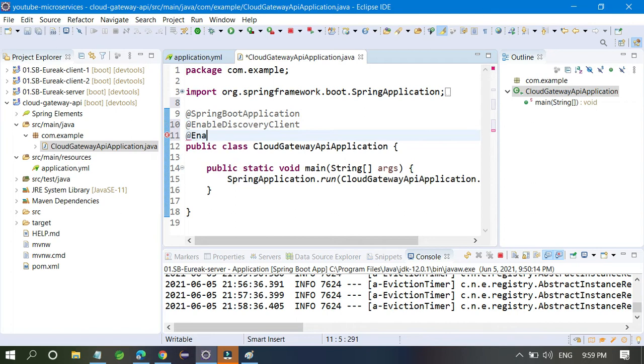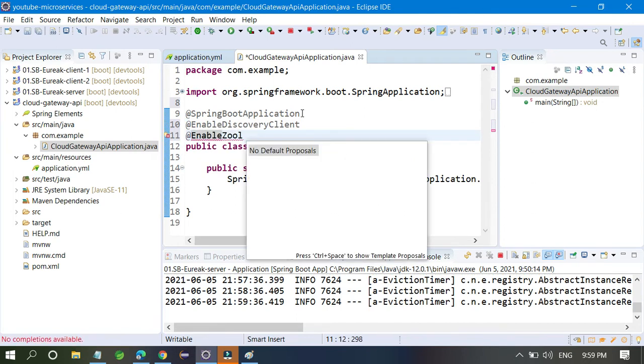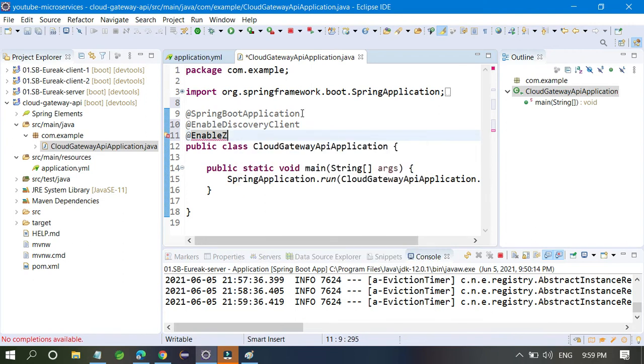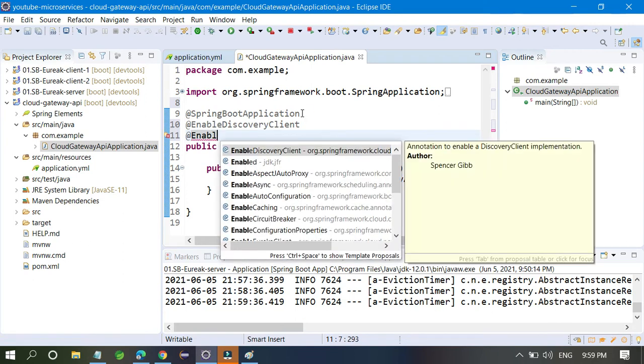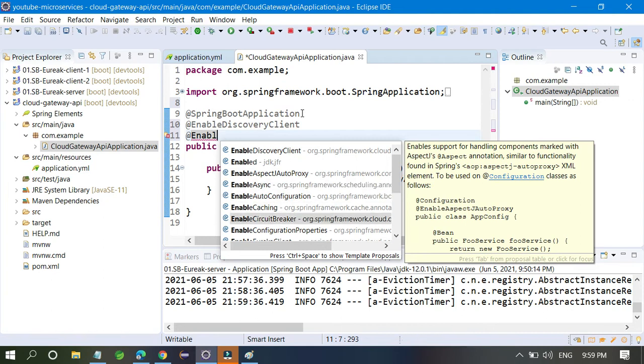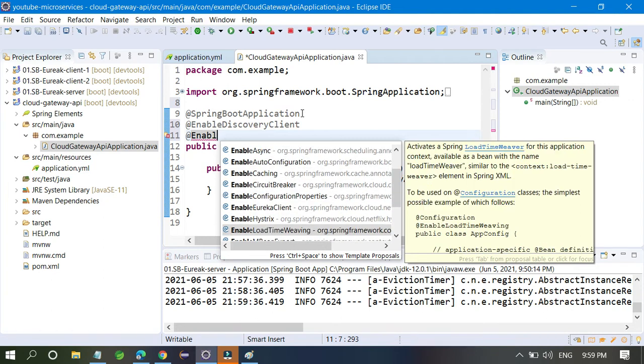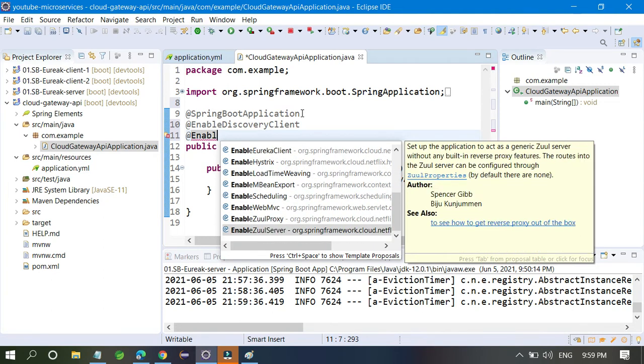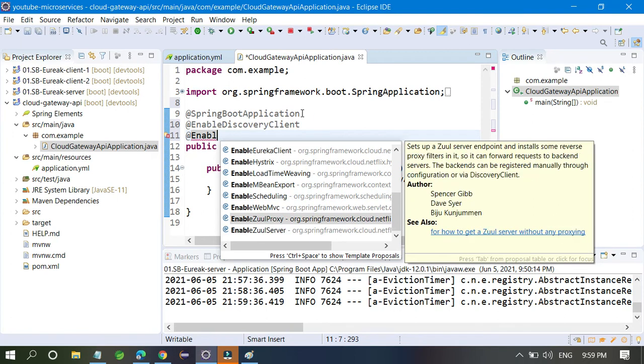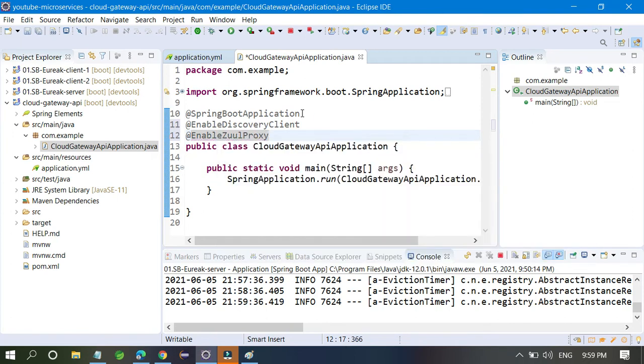Yes, this one, @EnableZuulProxy. This is one of the servers. Now everything is fine.